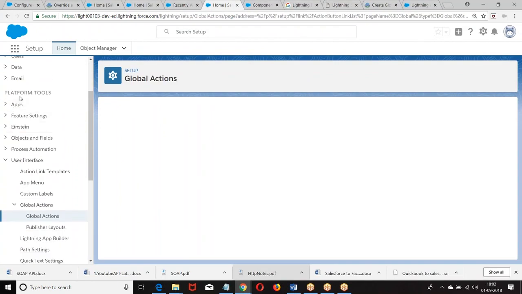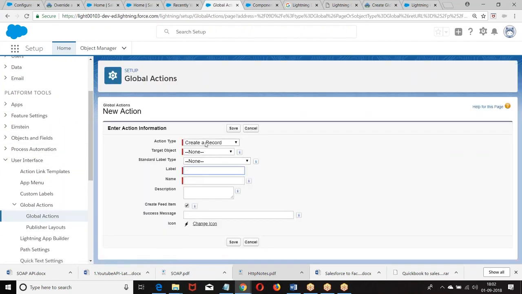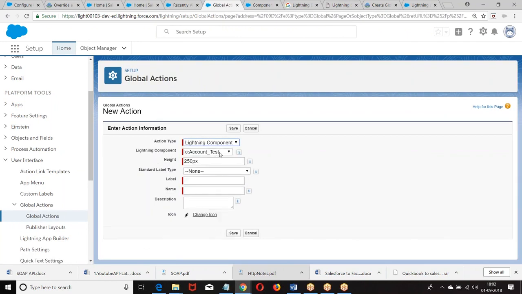Setup, platform tools, user interface, global actions, lightning component, and have global action too. Where is it?